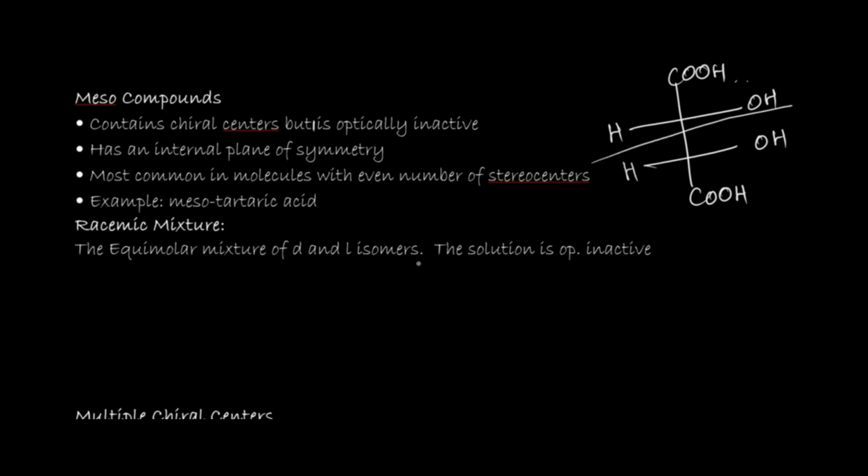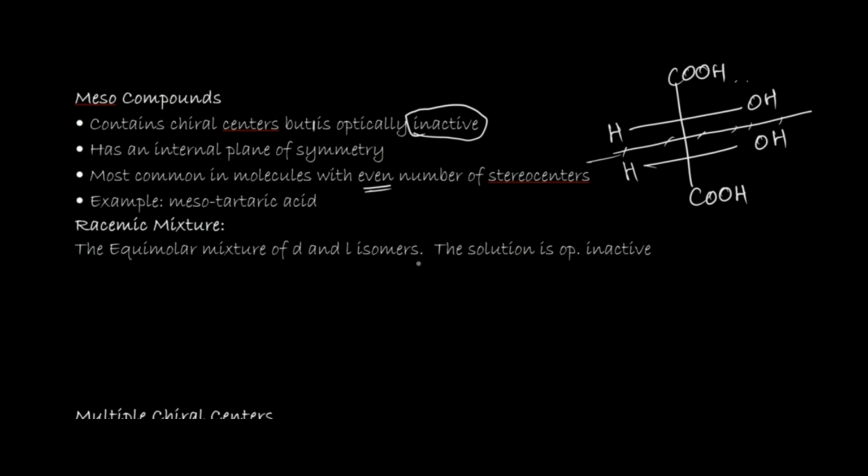So this has a plane of symmetry, right? That's why it makes this compound optically inactive. That is very important. Meso compounds are optically inactive, although they have chiral centers. But what if it has an odd number of chiral centers? Optical activity may come, but this is common where an even number of chiral centers are there,